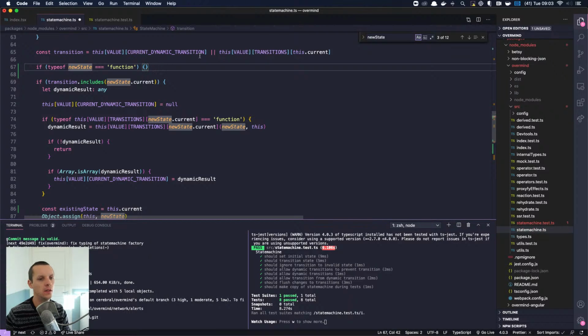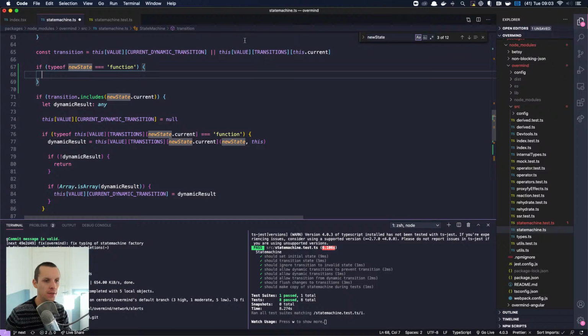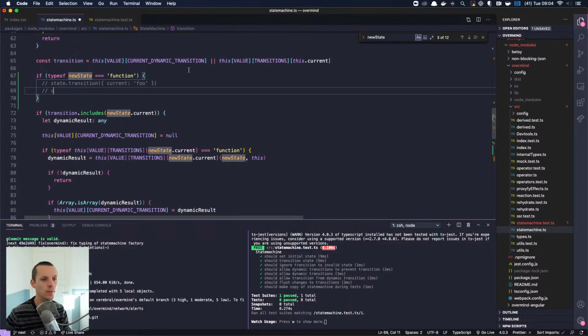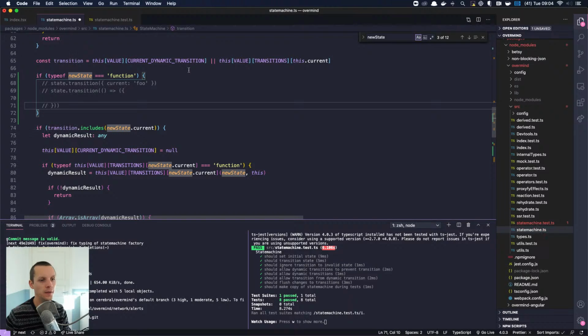Oh, but I can pass in. Ah, this doesn't work. Yeah, okay, so the reason is now the API is state transition, and you say current foo, for example. Now the point is that we also want you to allow to express this as a callback, like this, because we want you to be able to, yeah, basically do it dynamically, so you can like point to some existing state and do